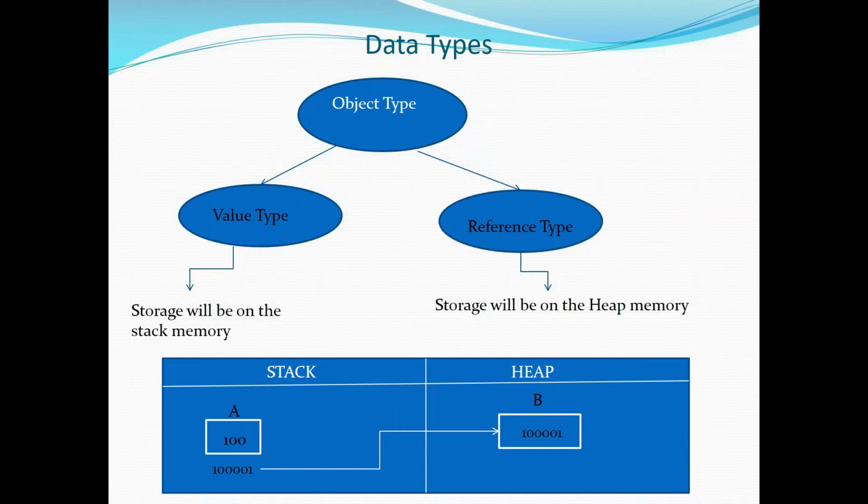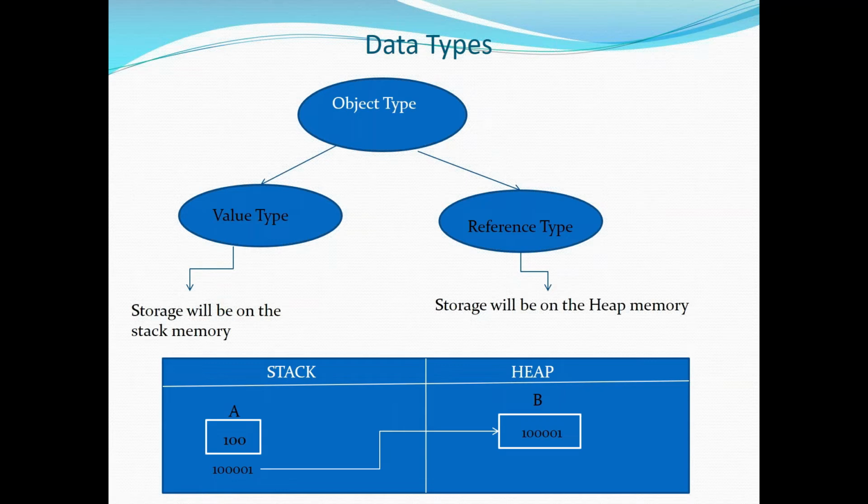Okay, so it's simple. The concept is very similar to your textbook, index page and actual data page. Your index page is nothing but your heap, and your textbook pages are nothing but your stack. To find any data location, first you need to go to heap. Heap is kind of an index page. Identify the topic and identify the respective address of the topic. From here, you can directly go to the respective location of your stack. So that will reduce a lot of your searching time. It will speed up your search process.